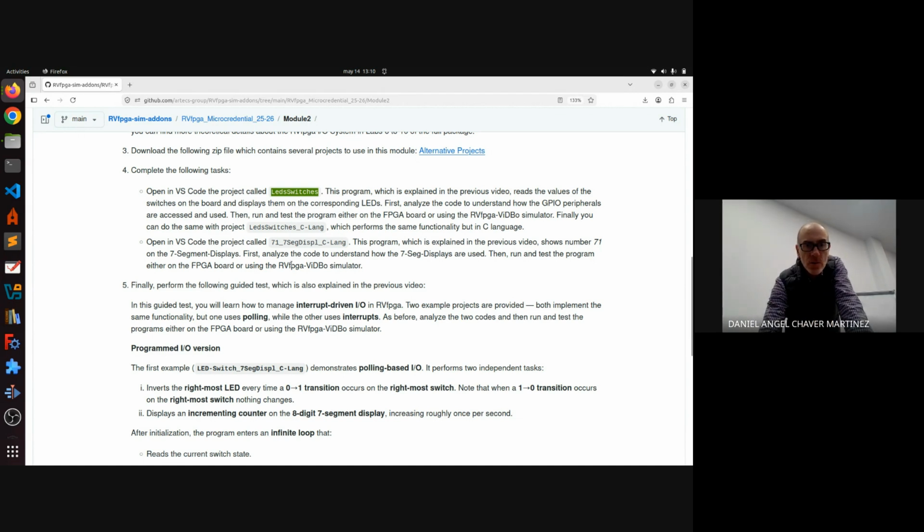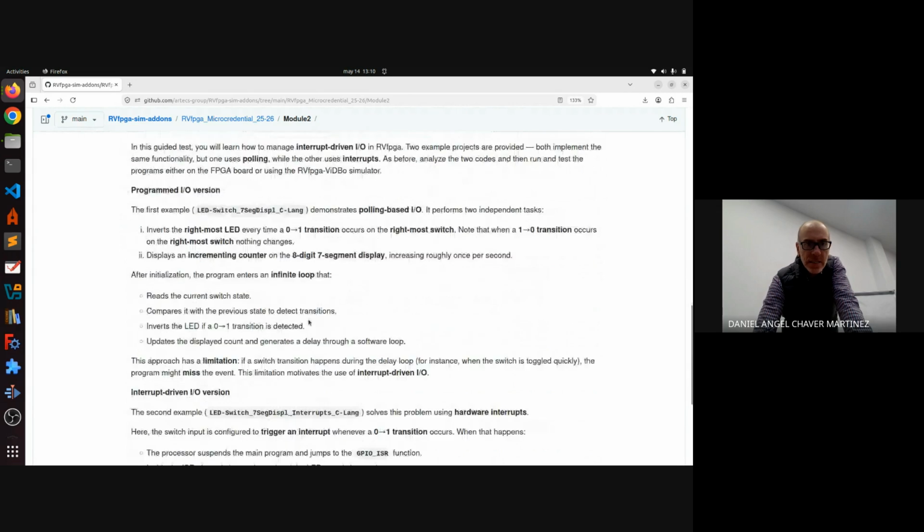Then there's another project called 7-segment displays C-LAN, which uses the 7-segment displays. So again, you should understand the program in detail in order to be able to communicate with the displays on your own. And finally, there's a guided